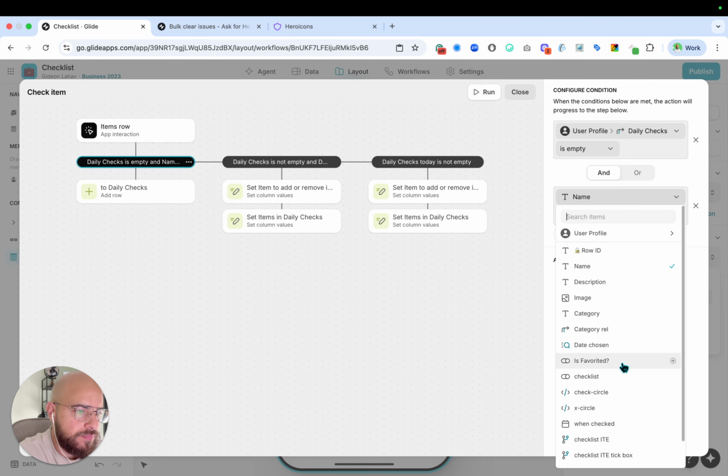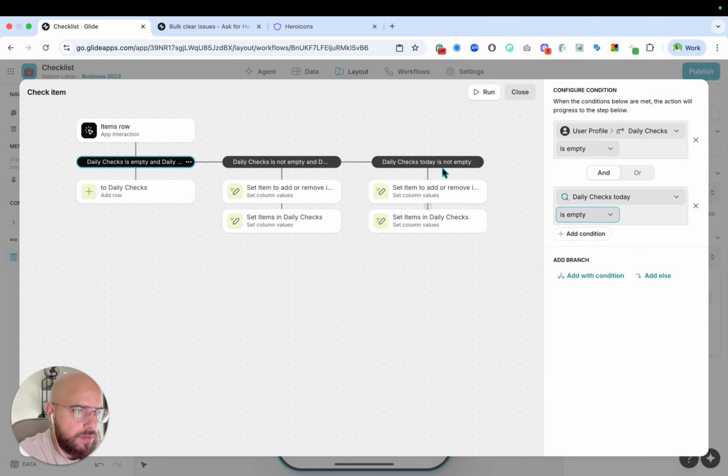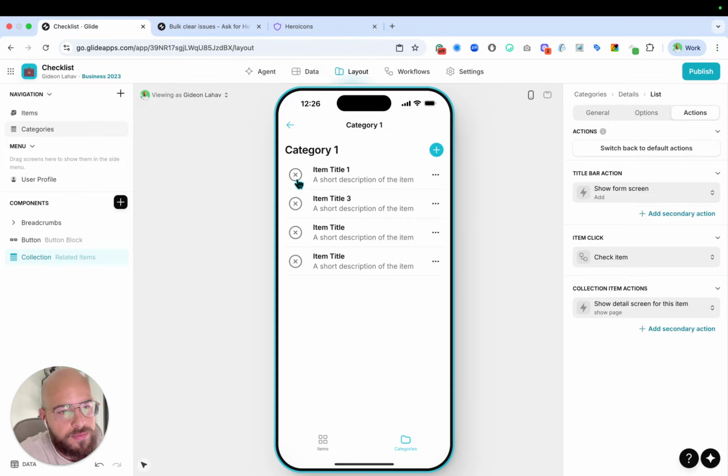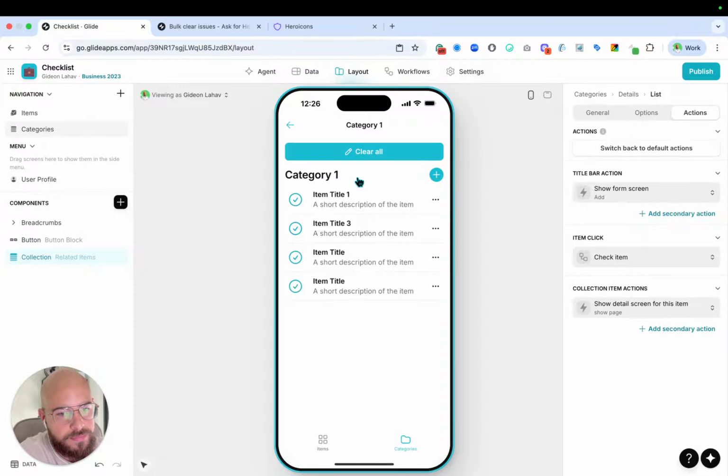And this is empty. And the checks is not empty. Look at this. All right. The reason was that we had to make very specific conditions, so it will find the way to do it. But now you can see I can click all of it and I can remove it, and because it's based on date, it will be cleared tomorrow automatically,